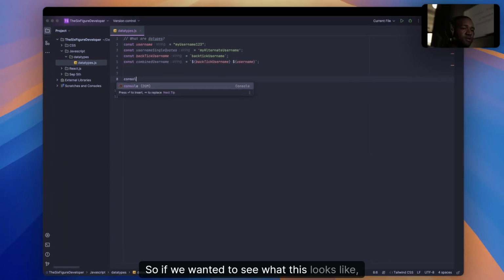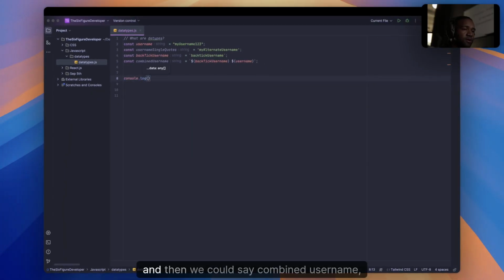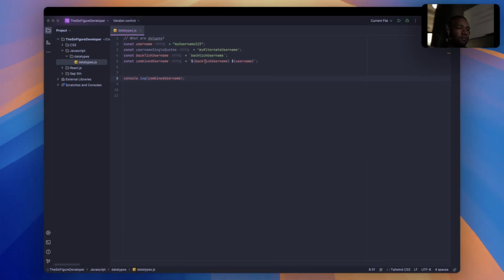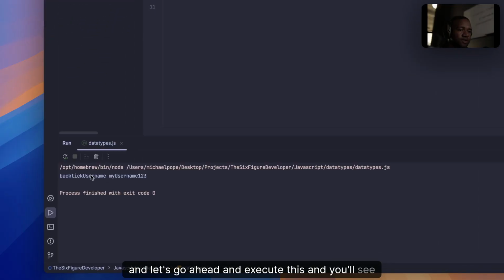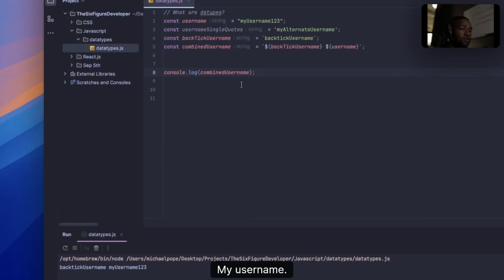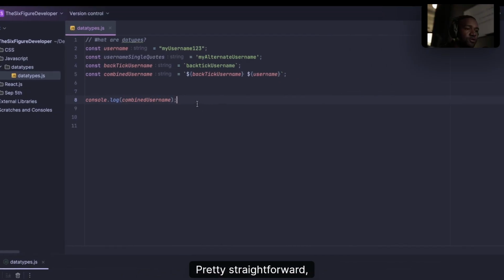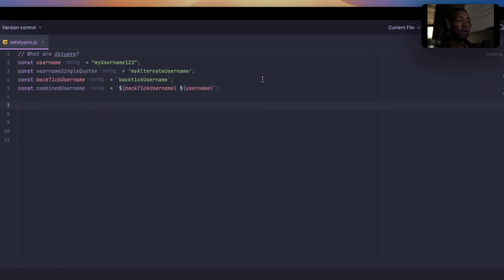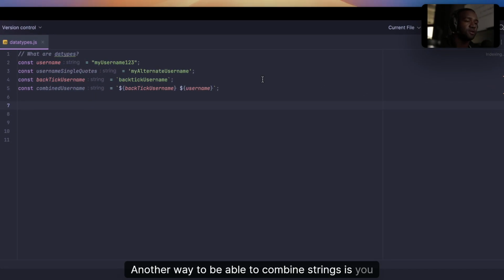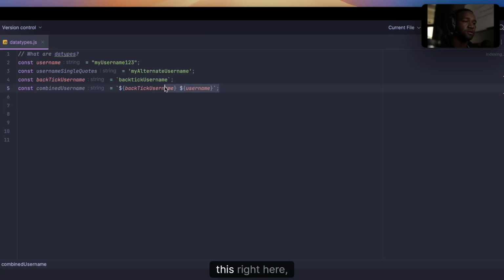So if we wanted to see what this looks like, console.log, and then we could say combined username. And let's go ahead and execute this. And then you'll see we got backtick username, my username 123, right? Pretty straightforward. Another way to be able to combine strings is you don't have to use this right here, which